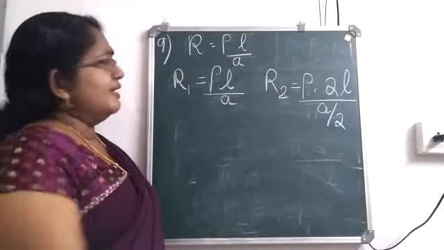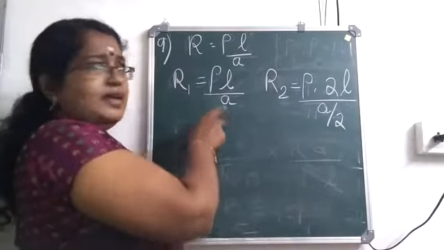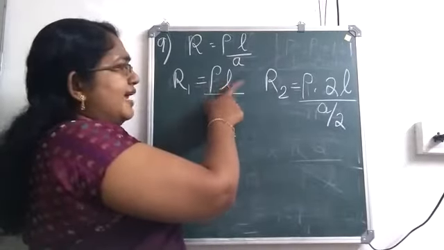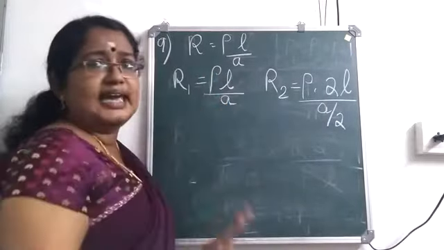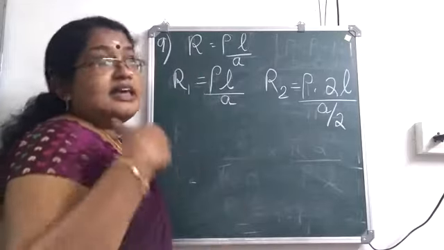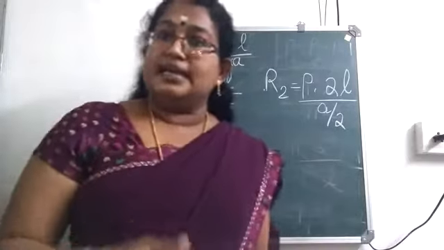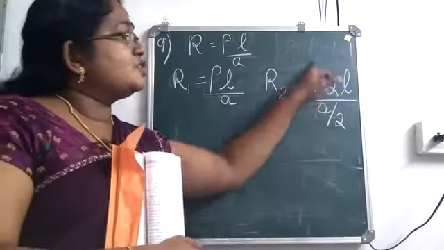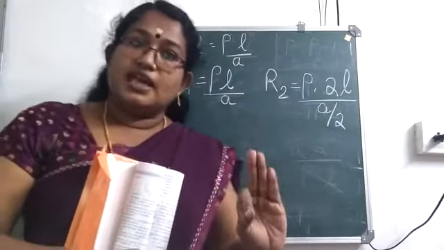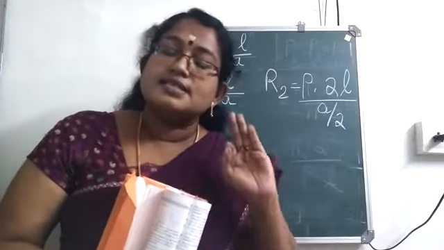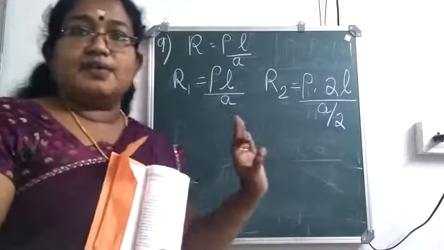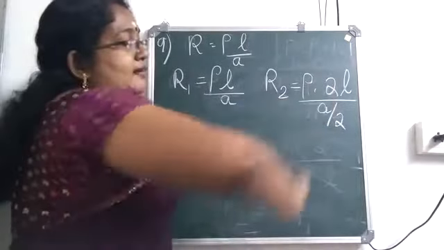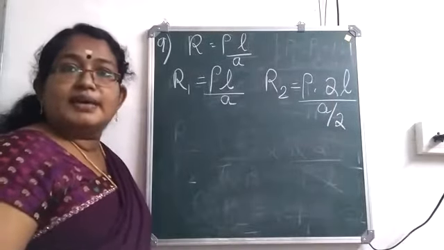So, is it clear? First we wrote the standard form. Let the resistance be R1 in the standard form. That is rho. Let L be the length of the wire, A be the area. Now after that, we are stretching the wire to double its length. So L becomes 2L. Why did this rho not change? Rho didn't change because we are considering the same wire. Okay. That is why rho is kept as such. Now, when length is double, naturally area becomes half.